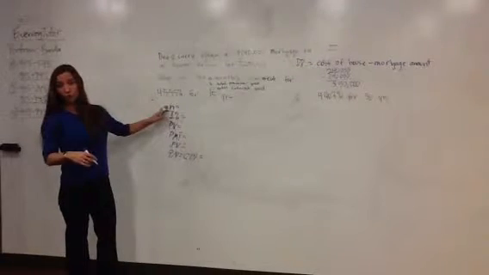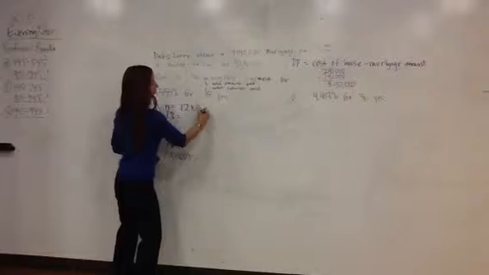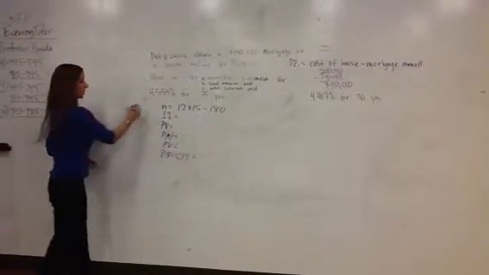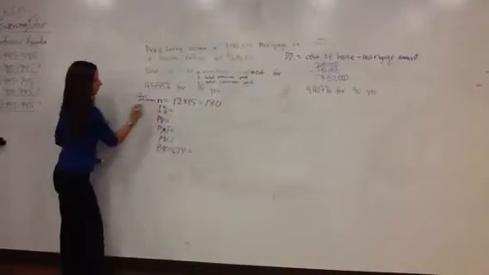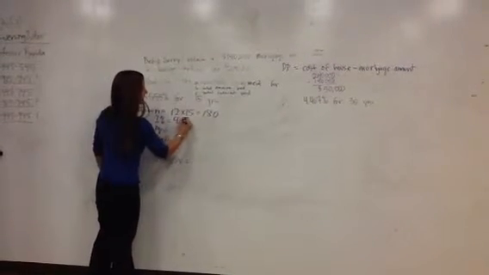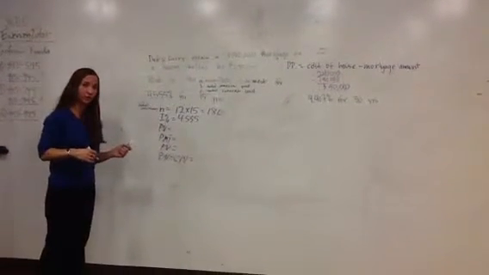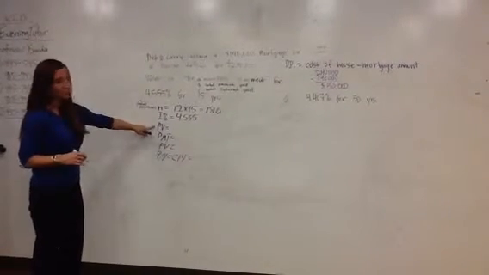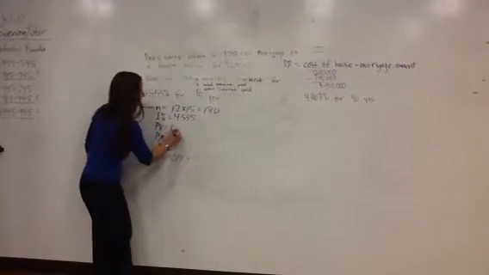So N is our total number of payments. In a 15-year loan, making monthly payments for 15 years, that gives us a total of 180 total payments. And the I% given to us in the problem is 4.555. When this is calculated, it's always using the APR, which is the annual percentage rate, which is different than the rate. The PV is the present value or the amount of the loan, and the problem said that was